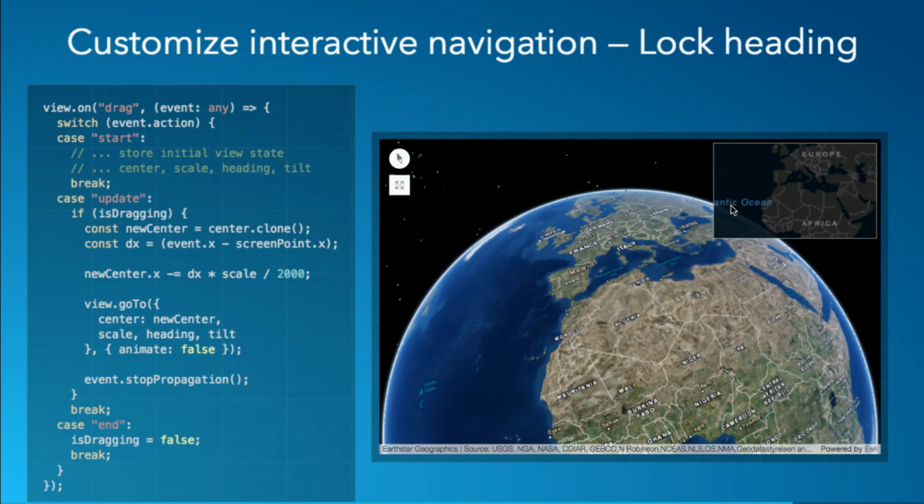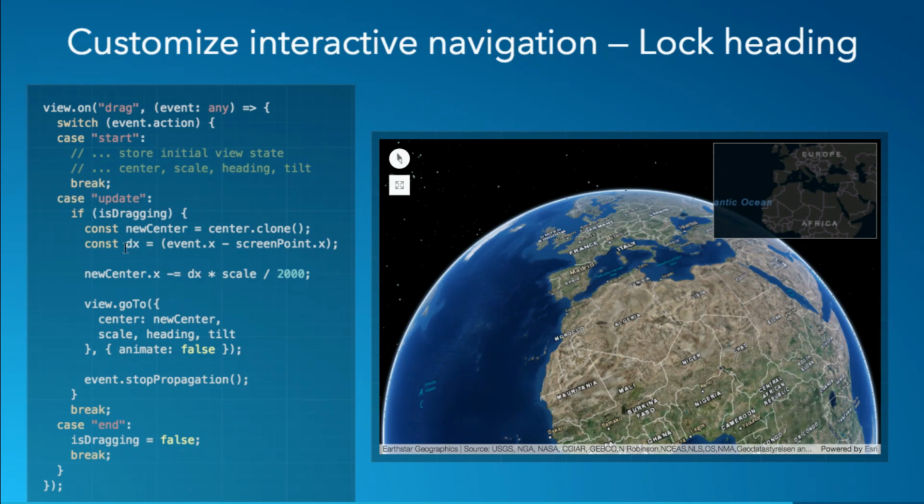Now this is kind of hard to do in the way where when we pan, we actually try to preserve the point where you clicked while you're dragging. This is kind of a harder problem if you want to do it correctly while preserving heading. So in this case, I'm not going to do that, but I'm going to just preserve the heading and do some kind of factor of dragging related to how much I rotate the Earth. So here, basically, I couldn't put the whole snippet again, but basically what you do is when the event starts, you store the current center, scale, heading, and tilt, like the whole view state,